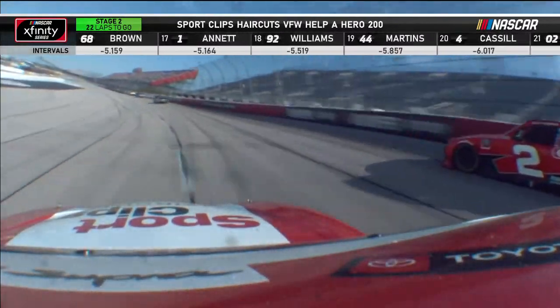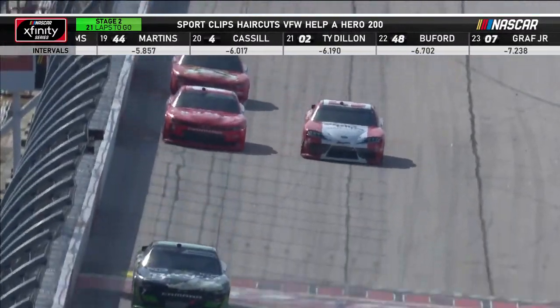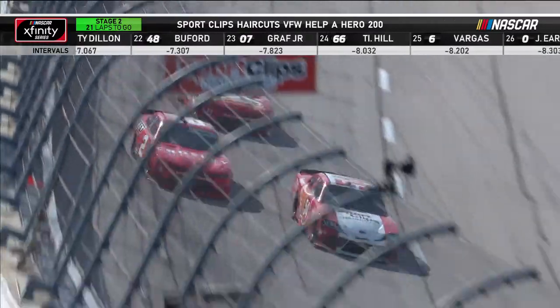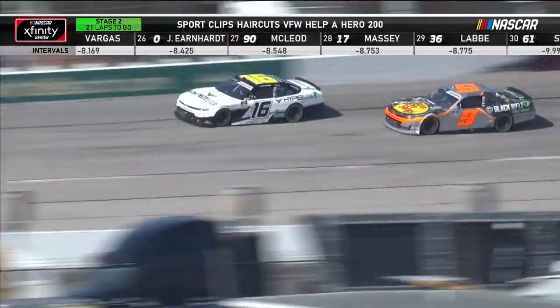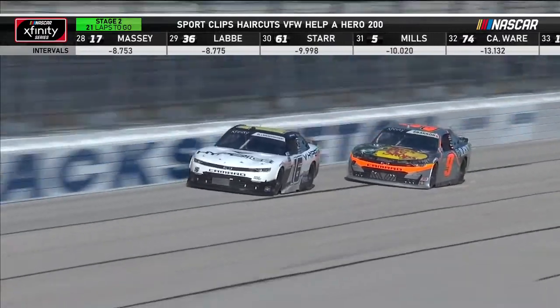But I want to know from you, Ricky, how many times as a young motocross racer did you follow an experienced rider and say, I'm going to learn his line? You guys have talked a lot about it. All these inexperienced guys in the field, man, they can follow Denny Hamlin, they can follow Austin Dillon, they can learn a lot today. Yeah, so many times, especially like in 1999, 2000, when I moved to the premier class